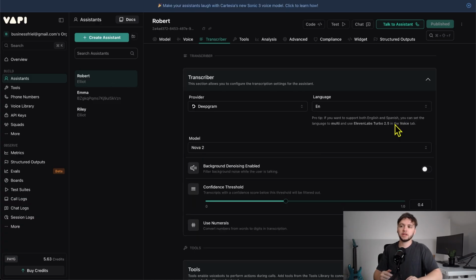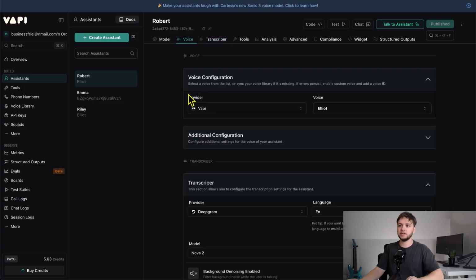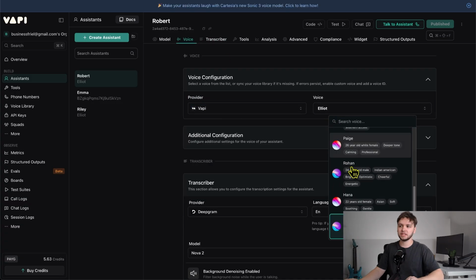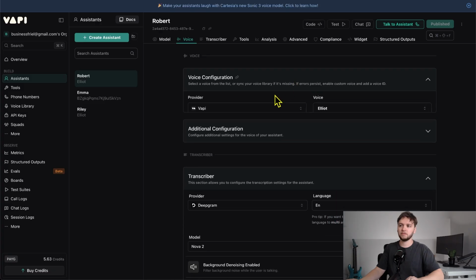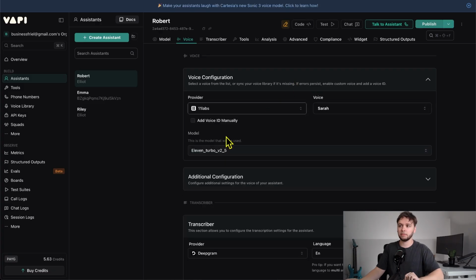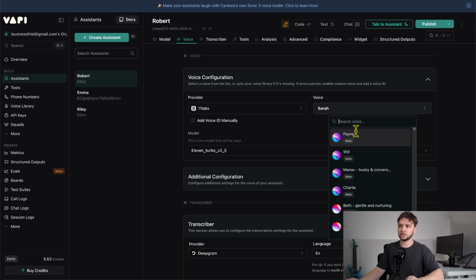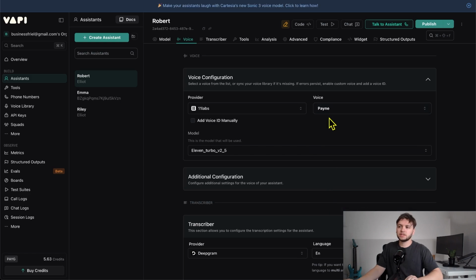And then, of course, one of the most important configurations you're going to make for your voice agent is the voice it's actually going to use to speak to your customers. So to change that, you'll go to Voice, and here you can choose a provider. Vapi comes built in with a bunch of voices you can choose from this list here, or you could choose another provider like 11 Labs, for example, and that comes with a bunch of voices as well. So what I would do is come in here, pick a voice, and test it out by clicking Talk to